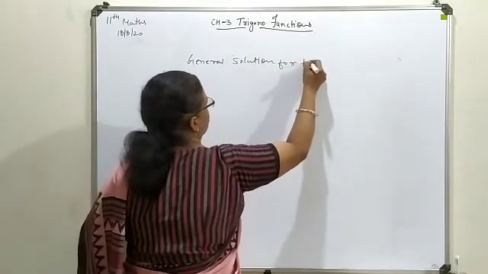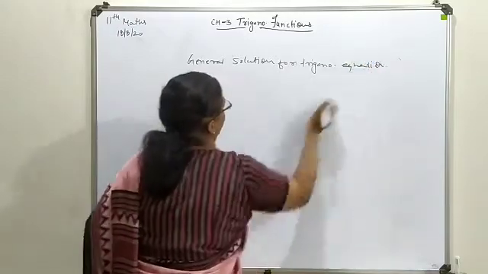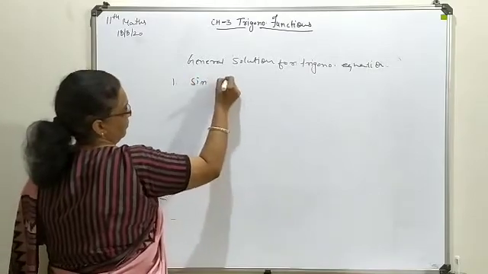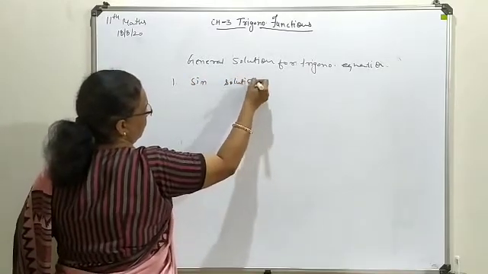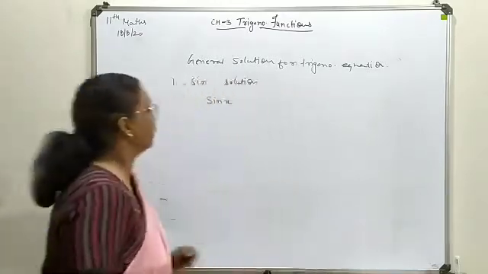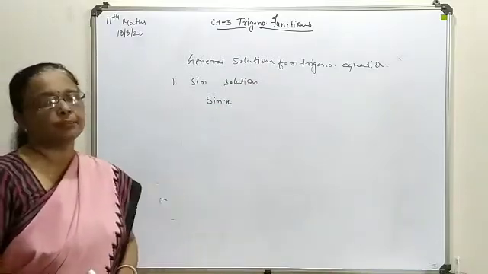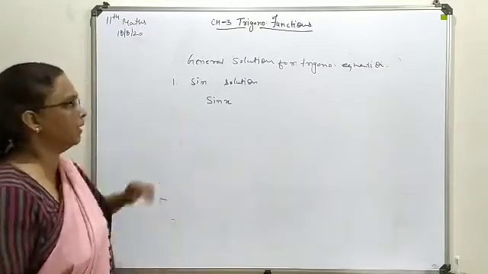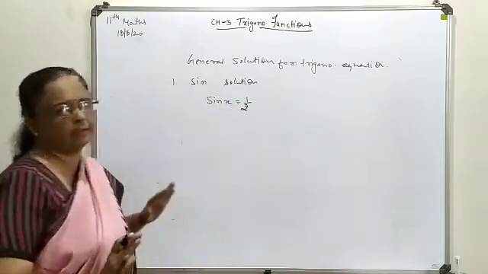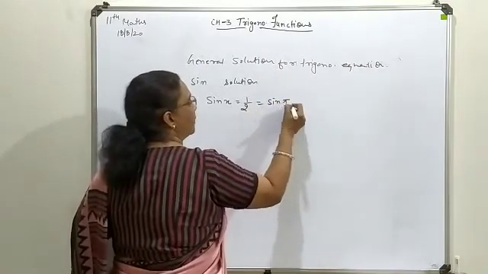for trigonometrical equations. First we talk about the sine solution. In this case, whatever the term is, suppose first we take this one as a sine form. So in the sine one, obviously the angle will be available. Suppose the same is given. So here only you will write this angle in radian form. Here it will be your pi by 6, 30 degrees.